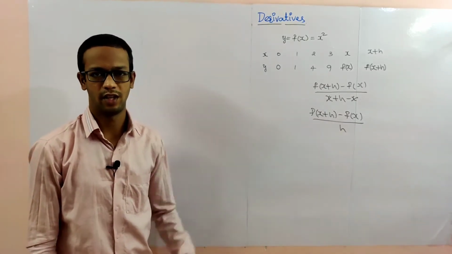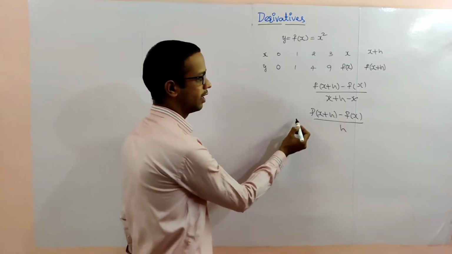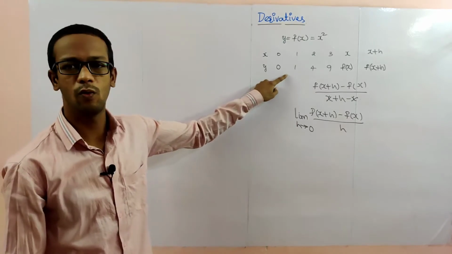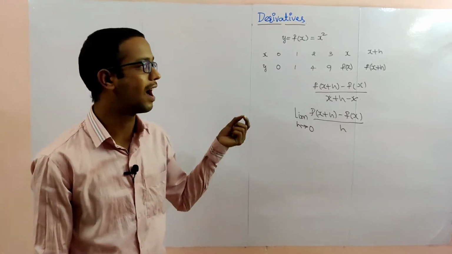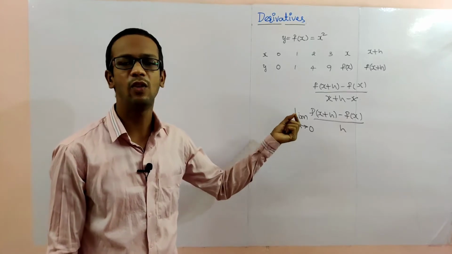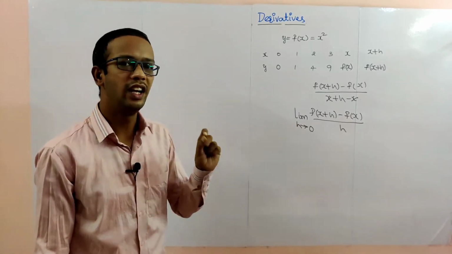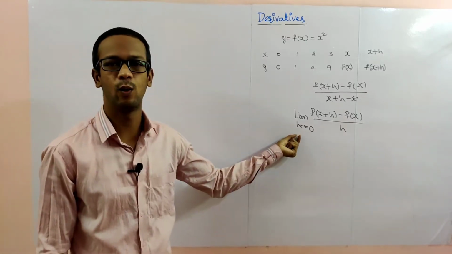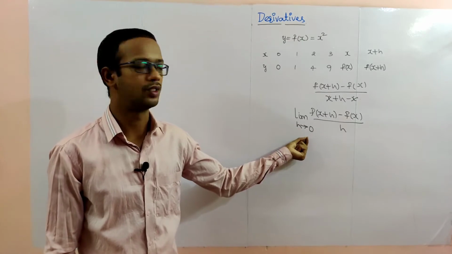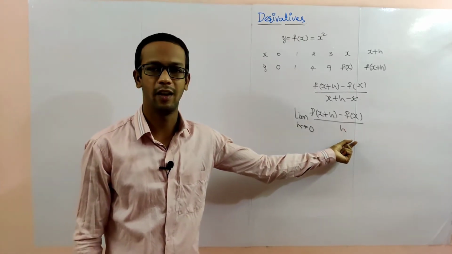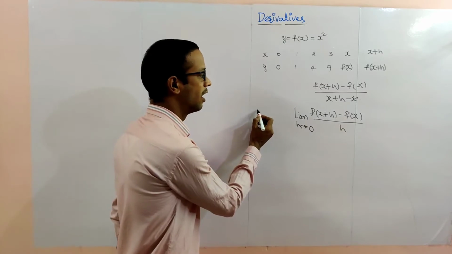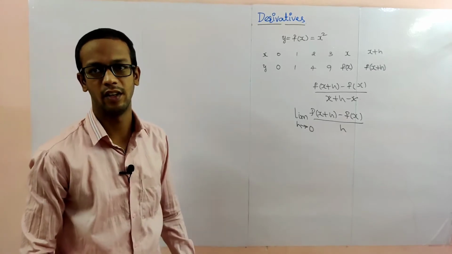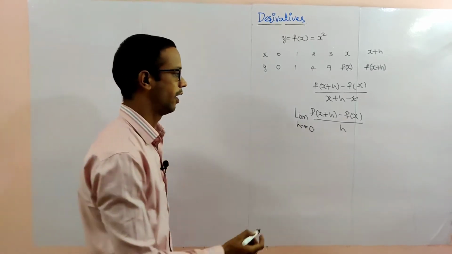This is the rate of change, and here we have to apply the limit h tends to 0. Here you observe I took 1, 2, 3 and so on, large changes. Now the h value is a very small value, like 1 plus 0.001, approximately equal to 0. Limit h tends to 0 of f of x plus h minus f of x by h. This is called the derivative of a function f of x.